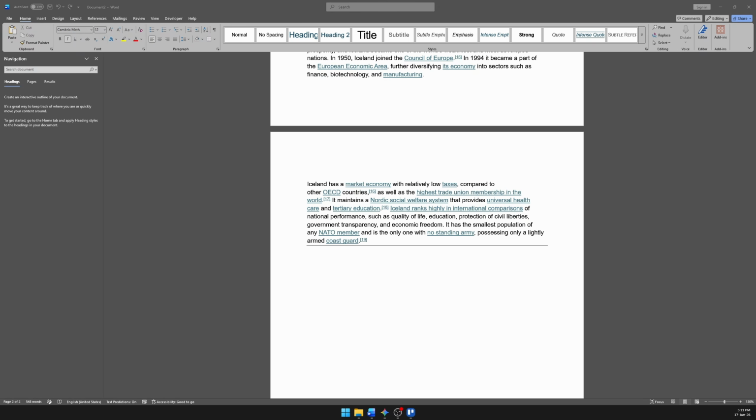Now, what if your screen is completely blank and you can't even see the words Home or Insert? That means Word has entered full screen or auto hide mode. To fix this, move your cursor to the absolute top right corner of the window. Right next to the minimize and close buttons, look for the ribbon display options icon. It looks like a tiny box with an upward facing arrow inside it, or just 3 small dots depending on